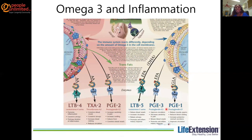And unfortunately, just in general, you would be surprised when we compare omega-6 to omega-3 in individuals. Ideally, in an ideal world, you would like there to be about a 1-to-1 ratio. Life Extension knows that everyone's not going to be that perfect. You may find people at a 2-to-1 ratio, and then others, we feel it's acceptable to have about a 4-to-1 ratio if we're comparing your